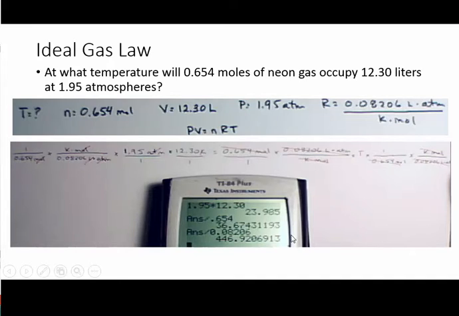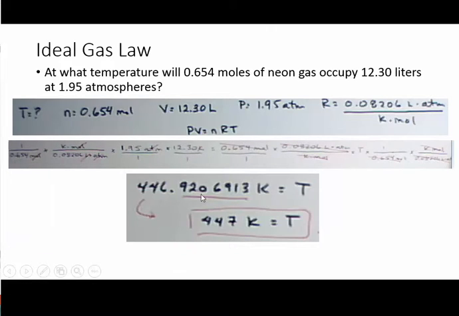So if we go then and plug everything in the way you're supposed to, we're multiplying this number 1.95 times 12.30 and hitting enter on the calculator, then dividing by this number here, 0.654, then hit enter again and divide by 0.08206 and hit enter again. We're going to get this number I have down here on the calculator, okay? So I put that on the sheet here,